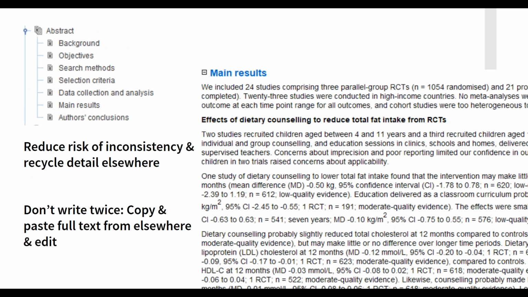So I'm a big fan of recycling, and one of the things that I found most useful in thinking about abstracts and writing abstracts is, if you can, try not to write twice. When you're thinking about the results, it might be easier for you to think about what information you've got somewhere else in the review. I showed you that summary of main results paragraph in the discussion section. That might be a great starting point